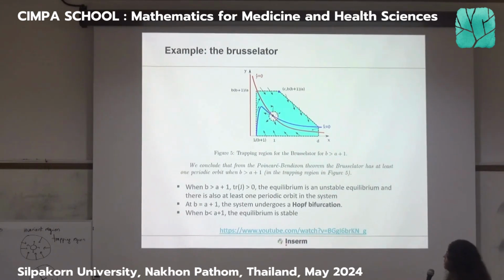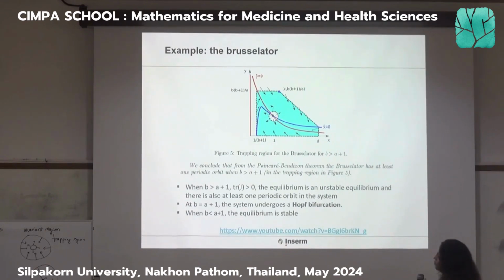And in the middle, we do have the steady state. We need this steady state to be unstable so that there exists a limit cycle inside this blue region. And basically, if you use the Poincaré-Bendixson theorem,